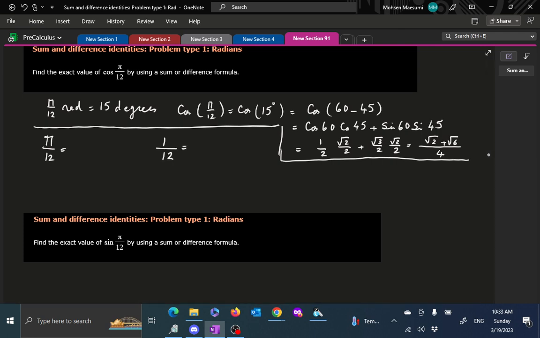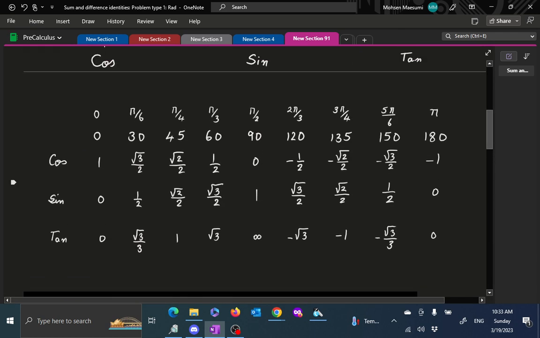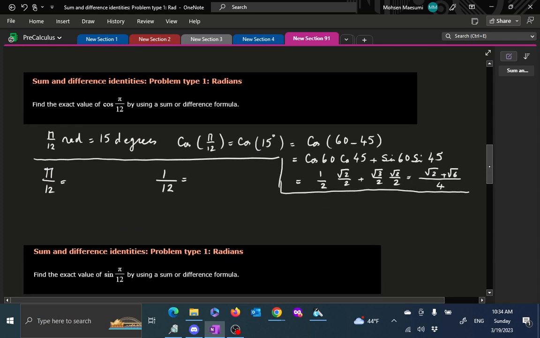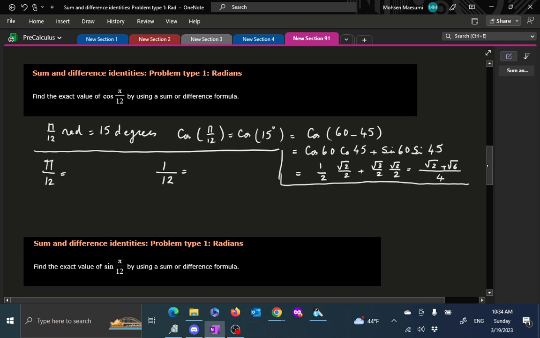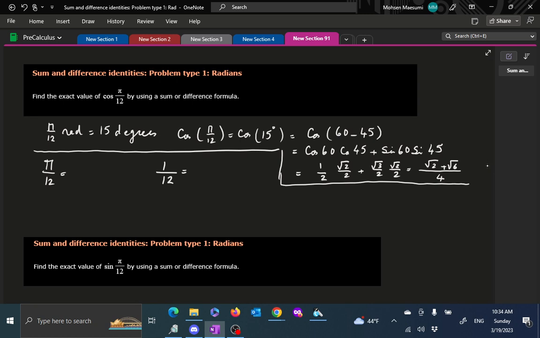So we are putting pi aside, just take the fraction 1 over 12, and we want to write it in terms of fractions that we have. Well, what fractions do we have? We have 1/6, 1/4, 1/3, 1/2. These are the fractions that we have. So the idea is to take a fraction 1 over 12 and write it in terms of two other fractions. Well, obviously 1 over 12 is smaller than all of those fractions. We cannot write it as a sum of them,